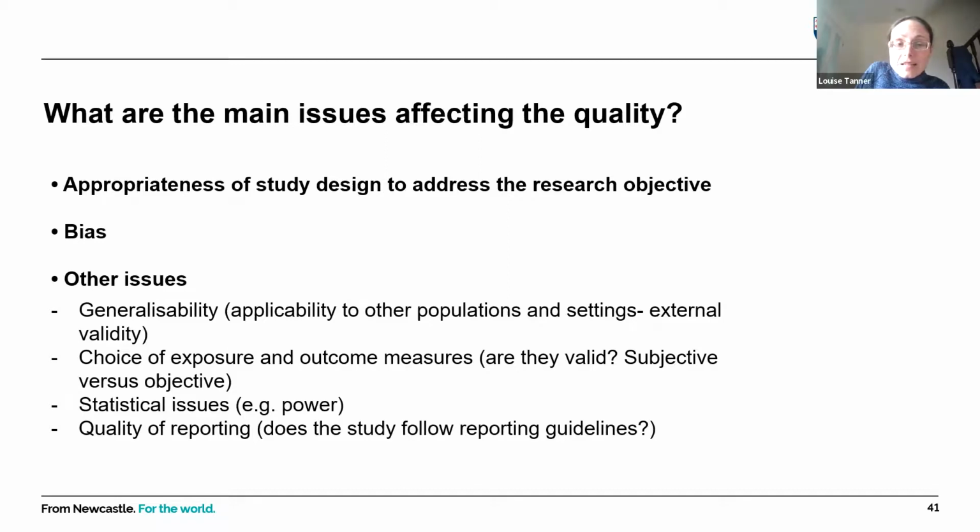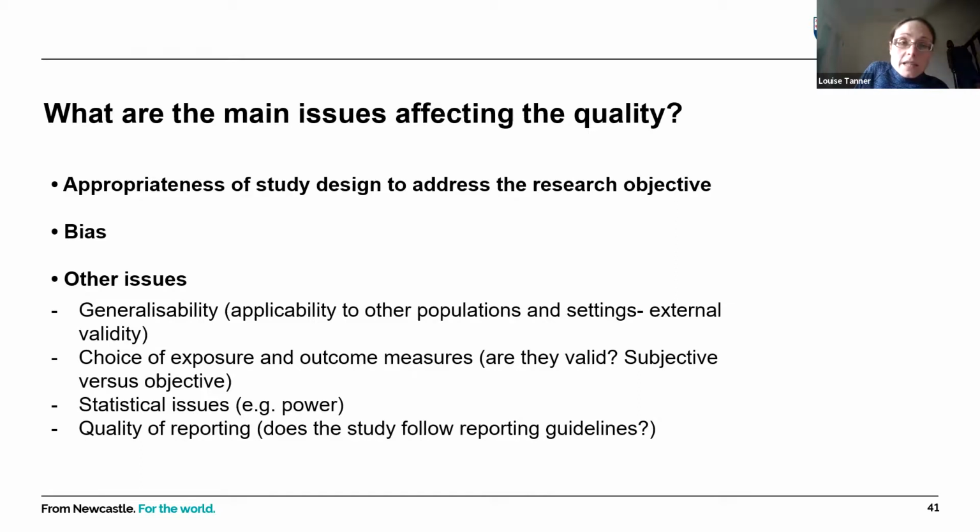For example, in public health research, cross-sectional studies are very good for assessing the prevalence of a particular health condition, whereas if you want to assess the effect of a particular exposure on a particular health outcome, then a cohort study would be a more robust design to use. And randomized controlled trials are considered the gold standard for assessing the effectiveness of interventions. So, for example, the effects of a drug on a particular health outcome. An RCT would be the best study design to address that research question.